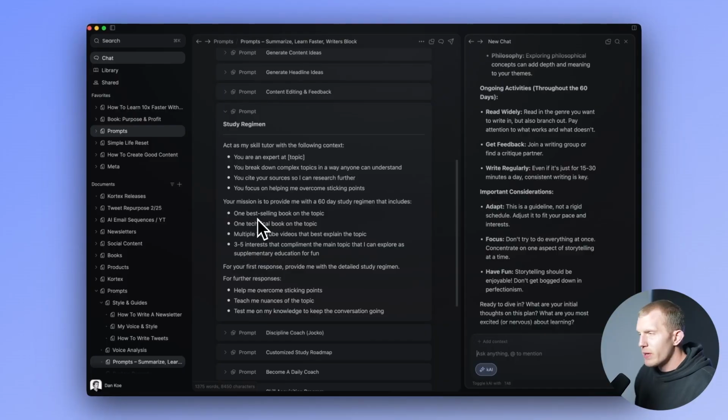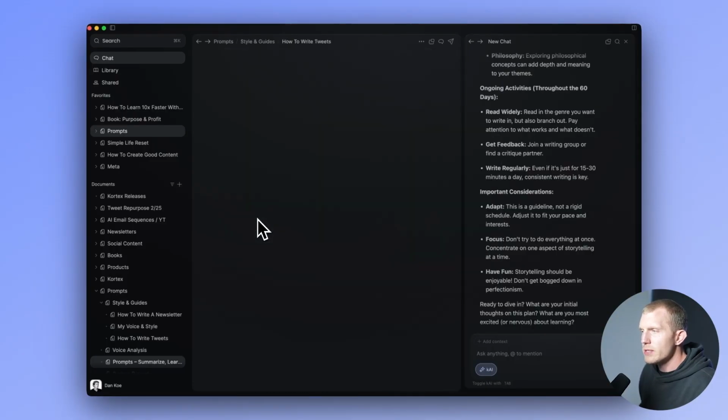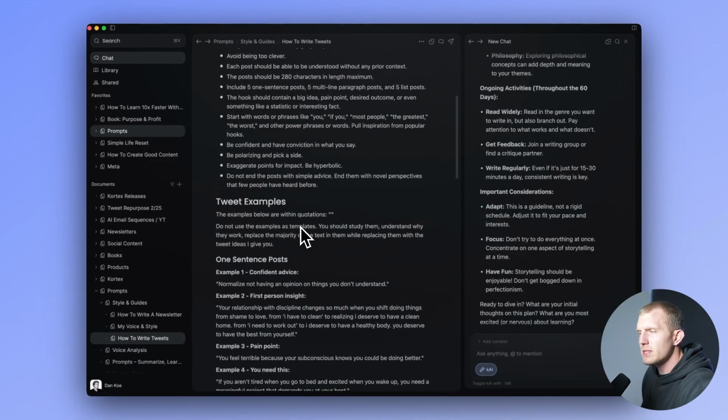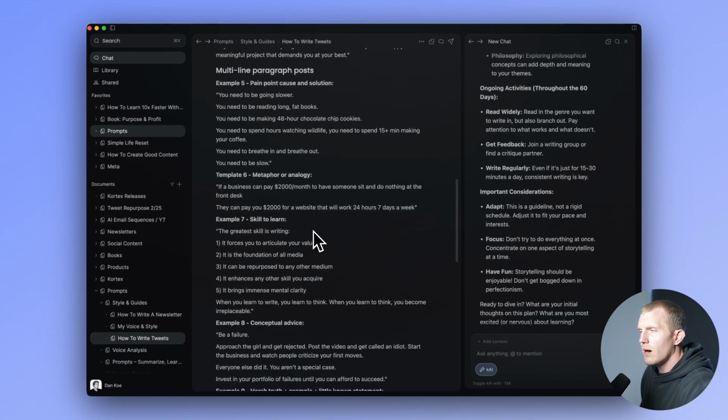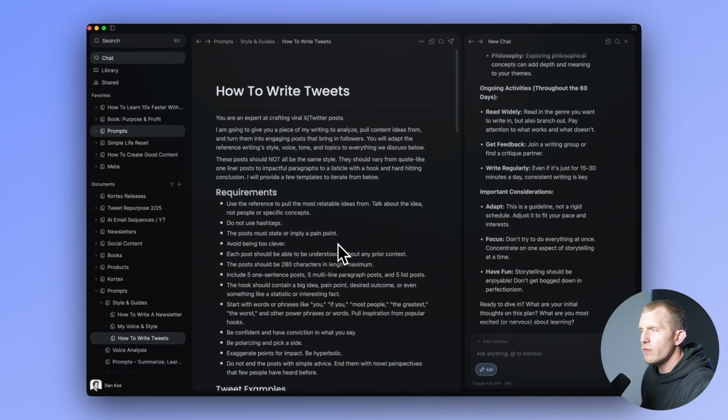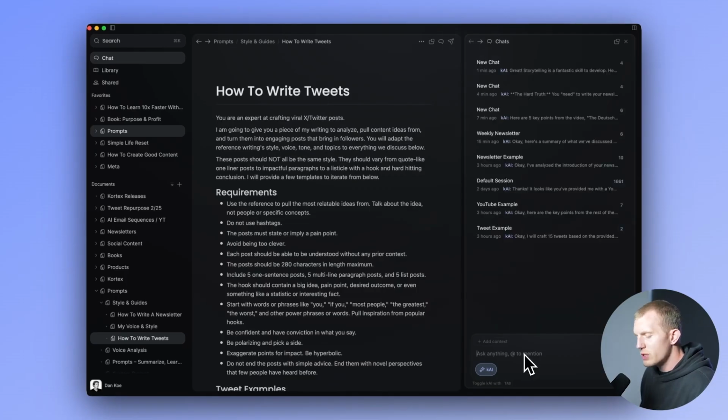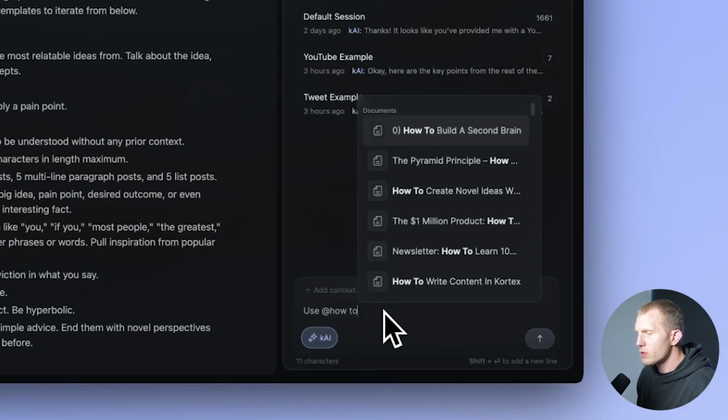Now, this is where things start to get interesting. I created a document, how to write tweets, and it is pretty much a prompt. It's a long prompt that explains exactly how I personally write tweets. So it has all of these little details. It has examples inside of it. So if you write a guide for yourself on how to do something, then I can go into a chat and I can say, okay, use @how to write tweets